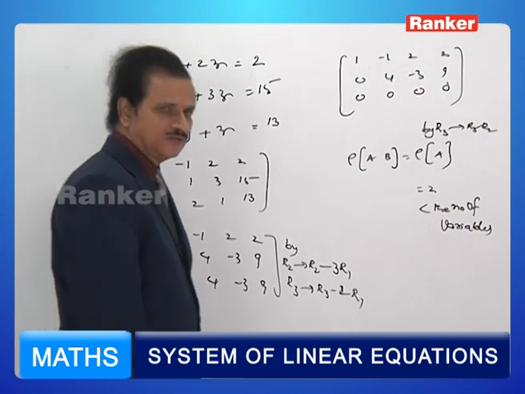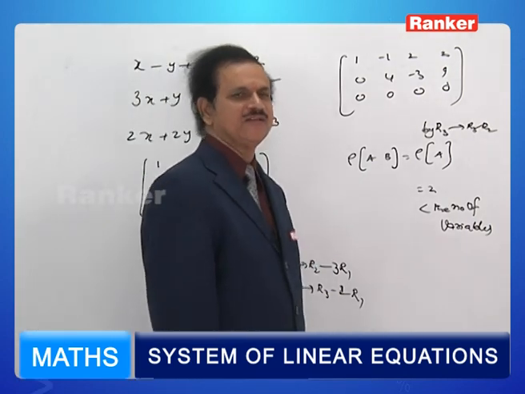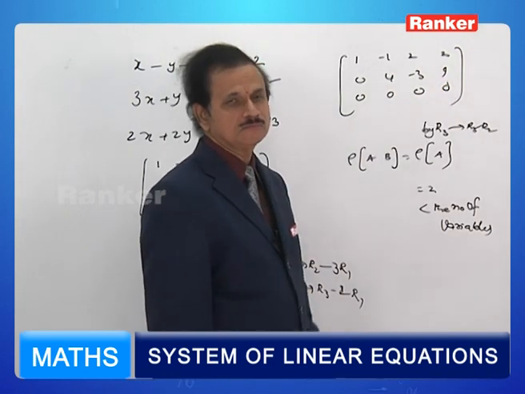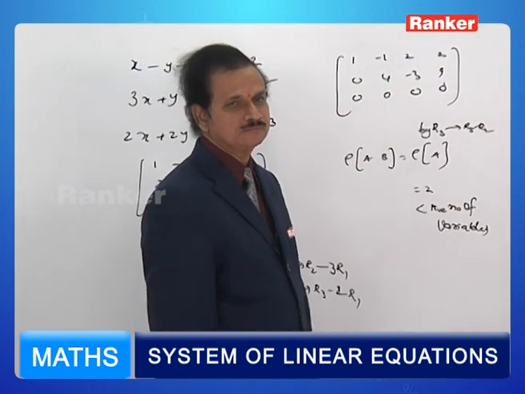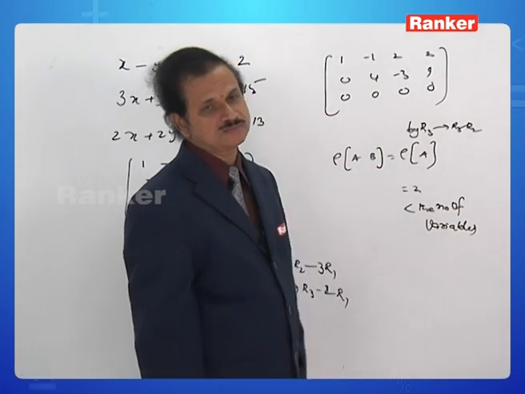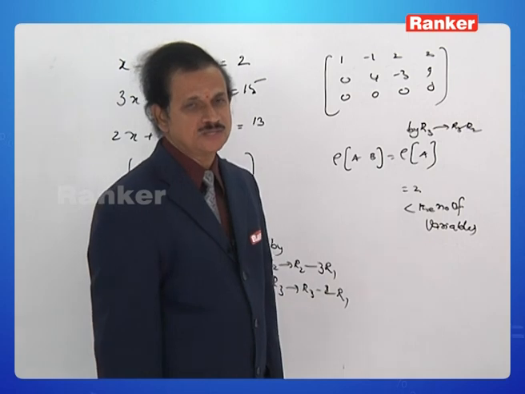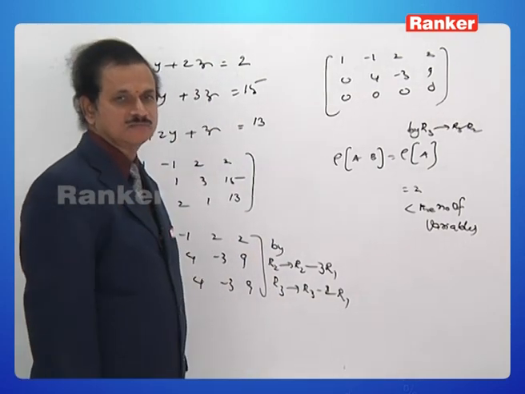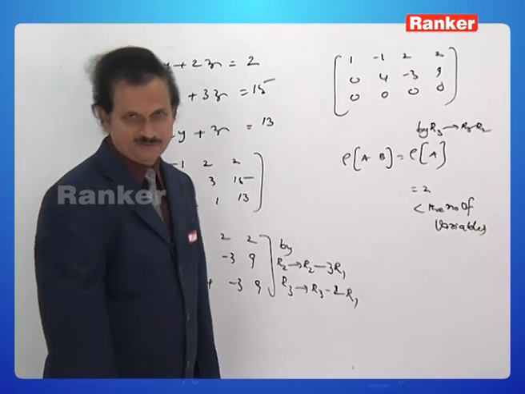It's simple. You take any one of the variables, say z is equal to some k. 4y minus 3k is equal to 9. 4y is equal to 3k plus 9. Substitute here, and with y and z, you will have x. Right? Like that, in terms of k, you will have a lengthier solution. That is infinitely many solutions.